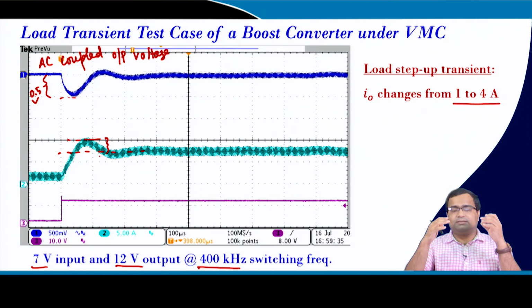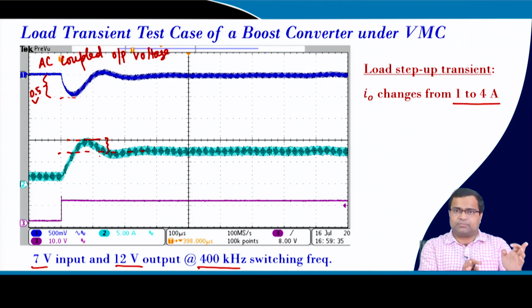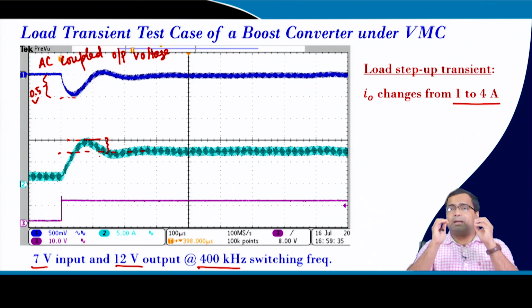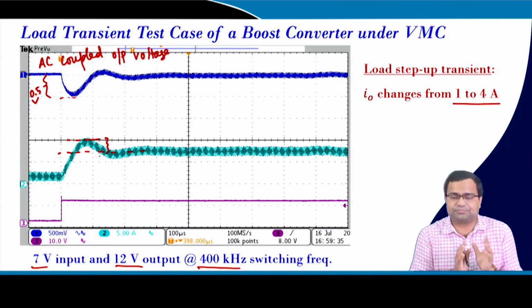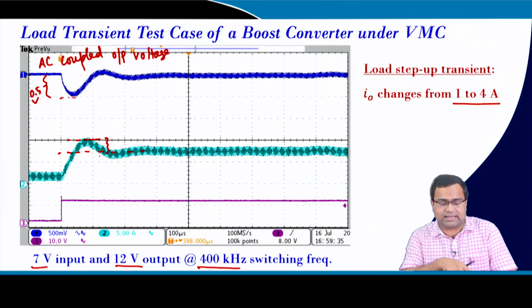But when you are testing, we need to check and correlate whether whatever we have designed is going to meet the requirement or not. So, this is testing and validation. In this case, we know the converter, we know the design procedure, and we have followed that procedure and obtained the controller gain as well as the control logic, voltage mode control. We have made a closed loop control system and then applied a load step transient, and this is the response.